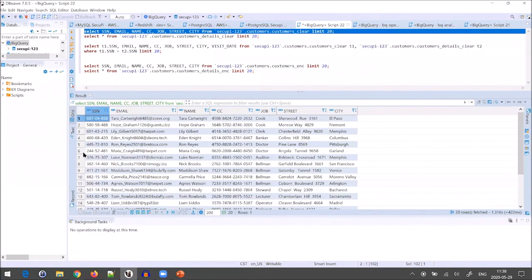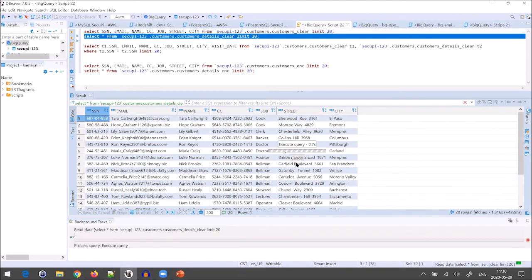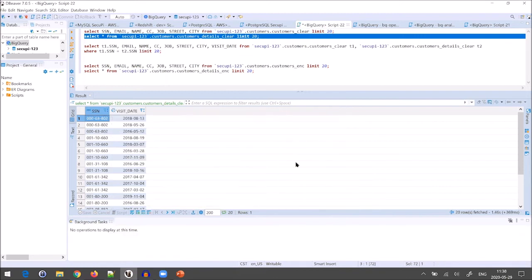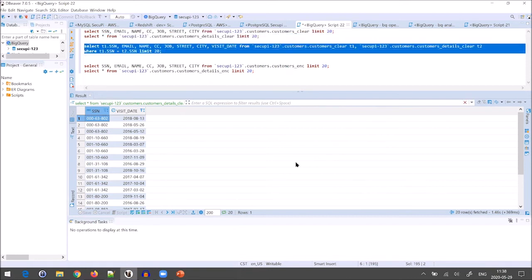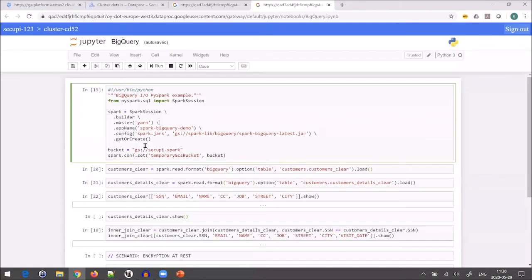This is how that data is stored in BigQuery. We also have this details table associated with the customers table, which we usually join with the customers table on the SSN column. The join looks like this. Now back to Jupyter.